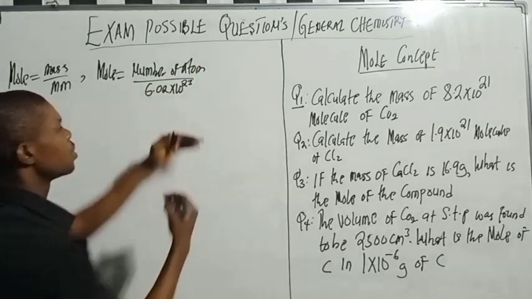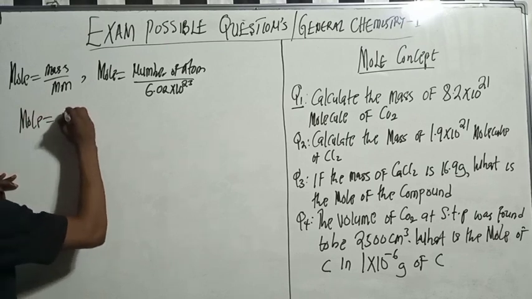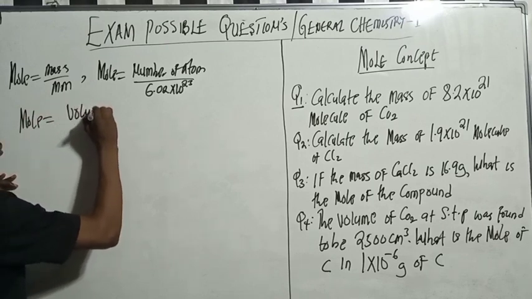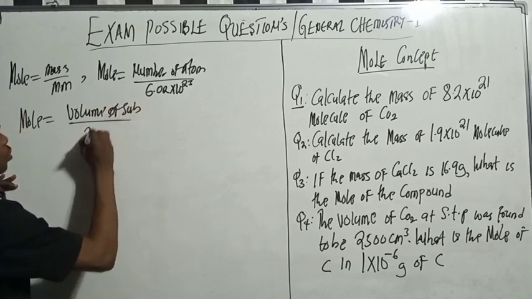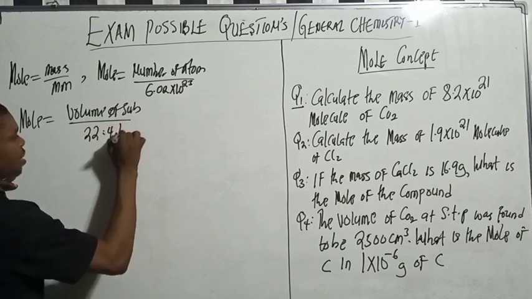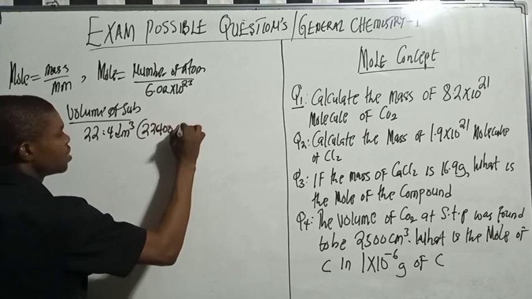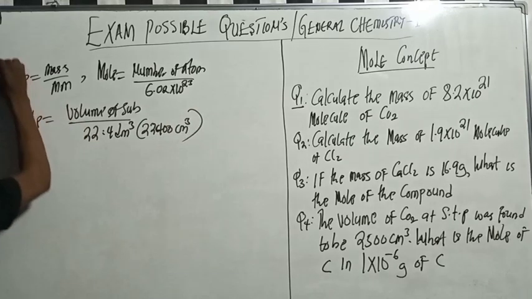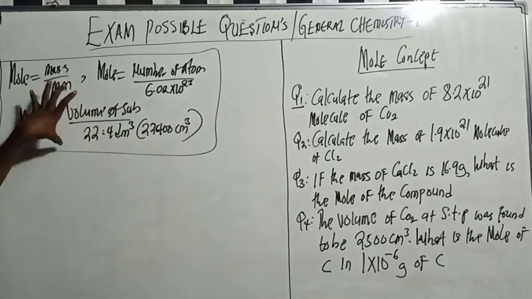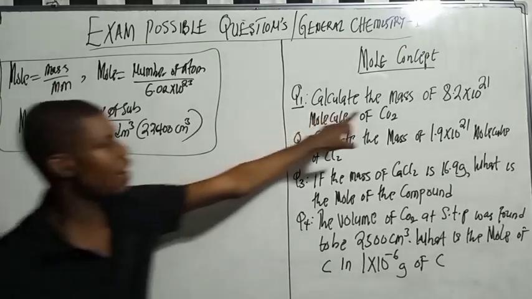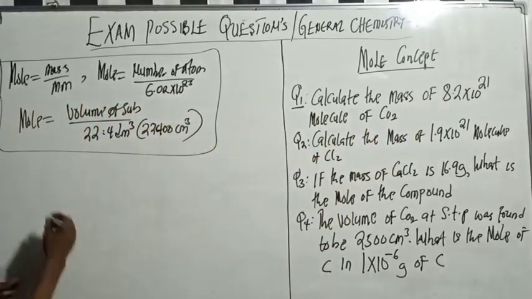If you are talking about molecules, then mole equals number of molecules over 6.02 × 10^23. The third: mole equals volume of substance over 22.4 dm³, or you can say 22400 cm³. So these are the 3 formulas we are going to make use of. You always have to copy them out. So when they ask you to calculate the mass,